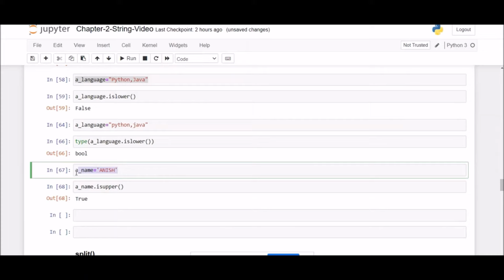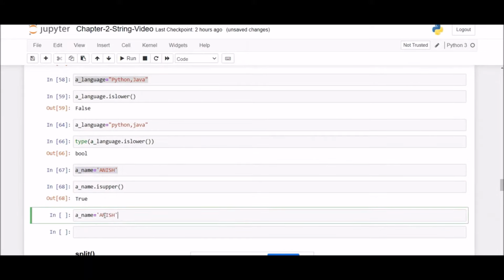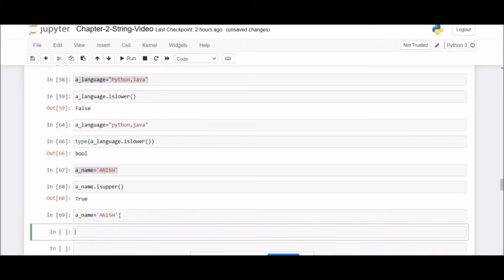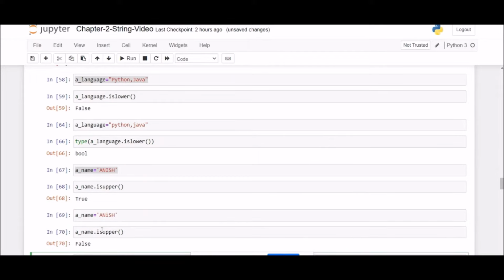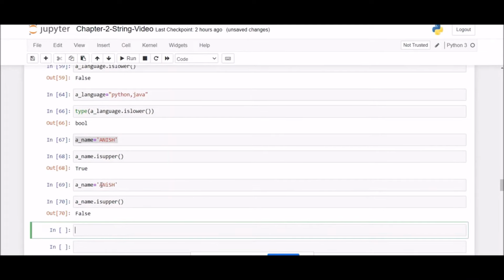Now if I copy this and change a character, suppose I use a lowercase i over here, and execute this, the name contains characters A, N, small i, S, H. Now if I execute the same method, dot is upper, I should be getting false. Why? Because every character in this string is not in uppercase.